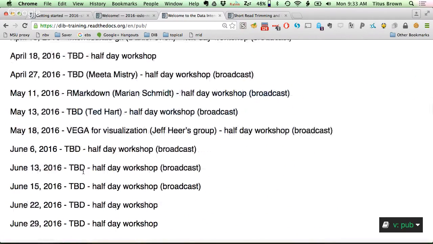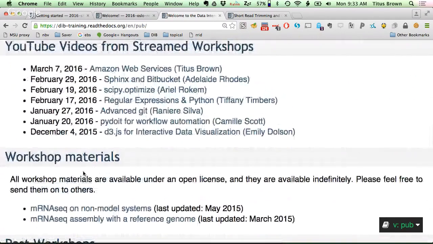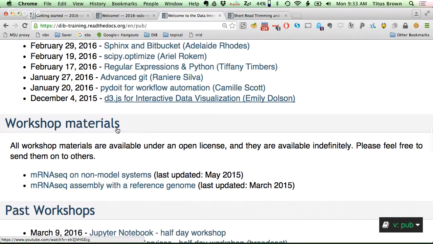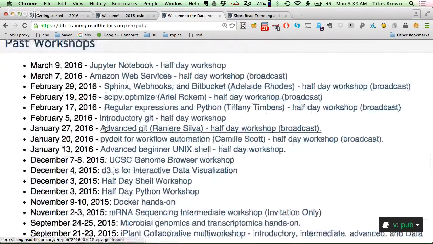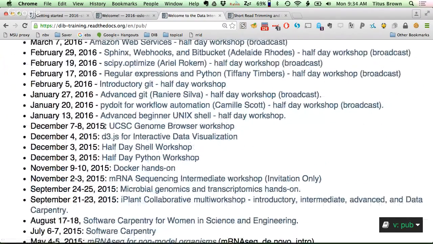We've also run a lot of workshops. So if you're interested in YouTube videos, if you're interested in Amazon Web Services, regular expressions, interactive data visualization, RNA-seq, Jupyter Notebook, lots and lots of other things. In some sense, it's almost better to come talk to us and tell us what you're interested in, then we can point you at where we've run workshops on that. Odds are getting better and better that we have run a workshop on that. And if enough people are interested, we're happy to